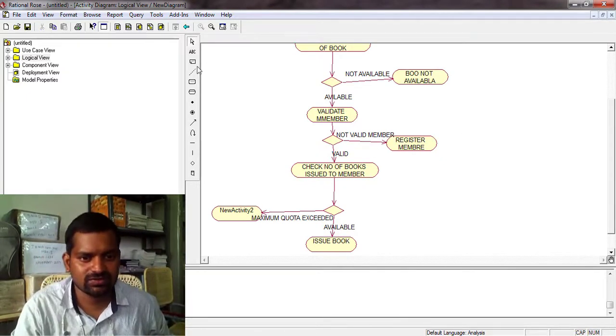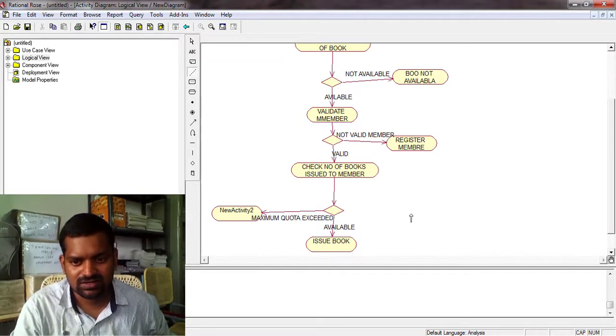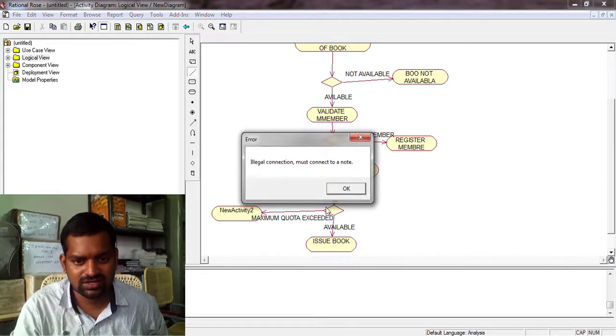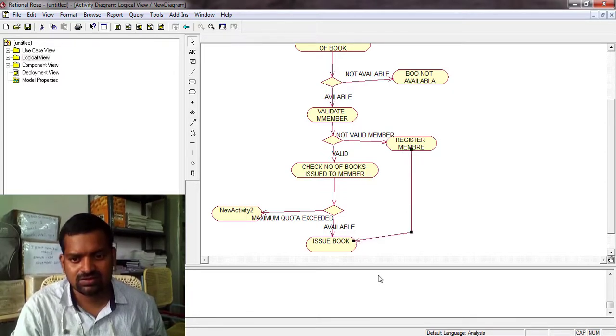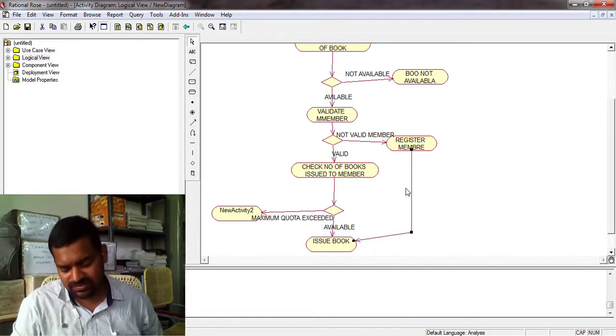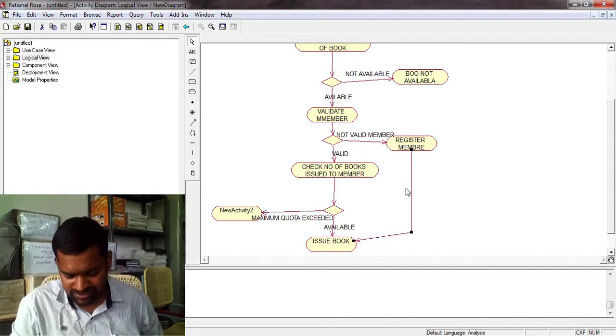For issuing a book, you represent the direction from here, illegal connection. Here you take this register a member.